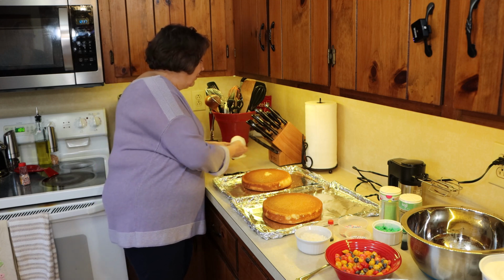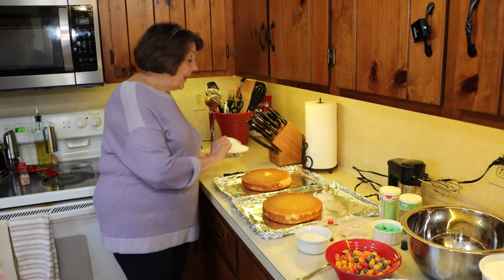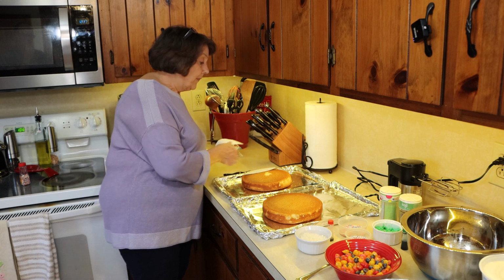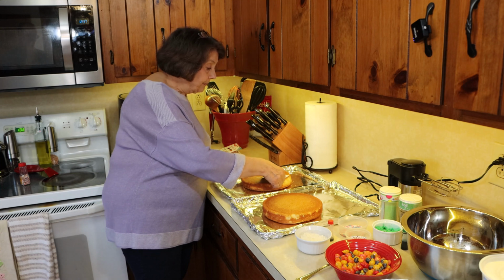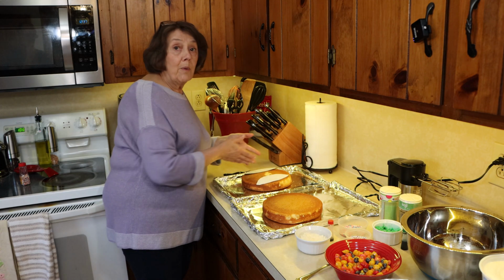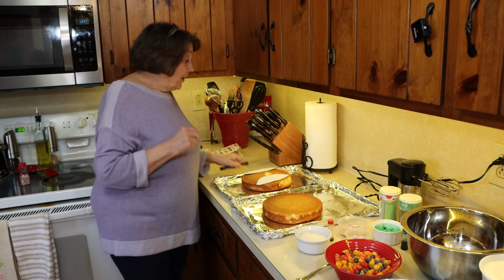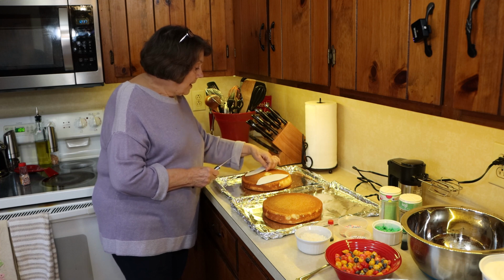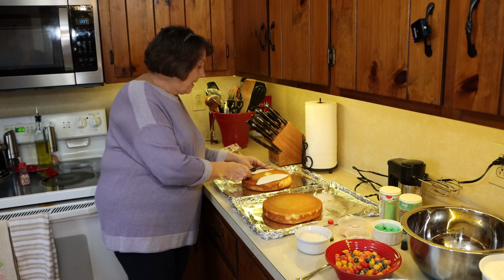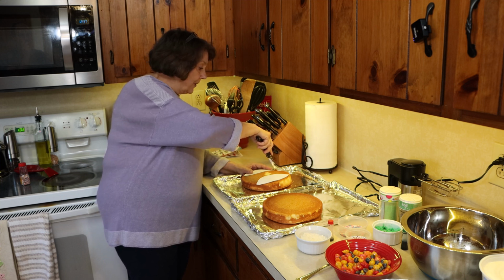So I crudely sketched out a couple of bunny ears, and we can use those for our pattern for our ears. And once we get our ears cut out, what's left will be our bow tie. It's that simple. It's 2 cuts. So we're going to take our knife and just kind of follow outside of our